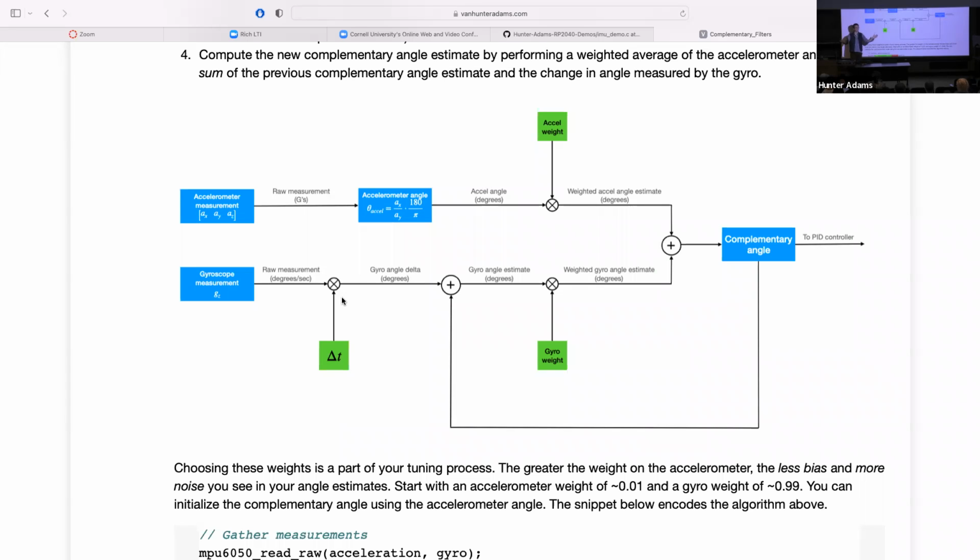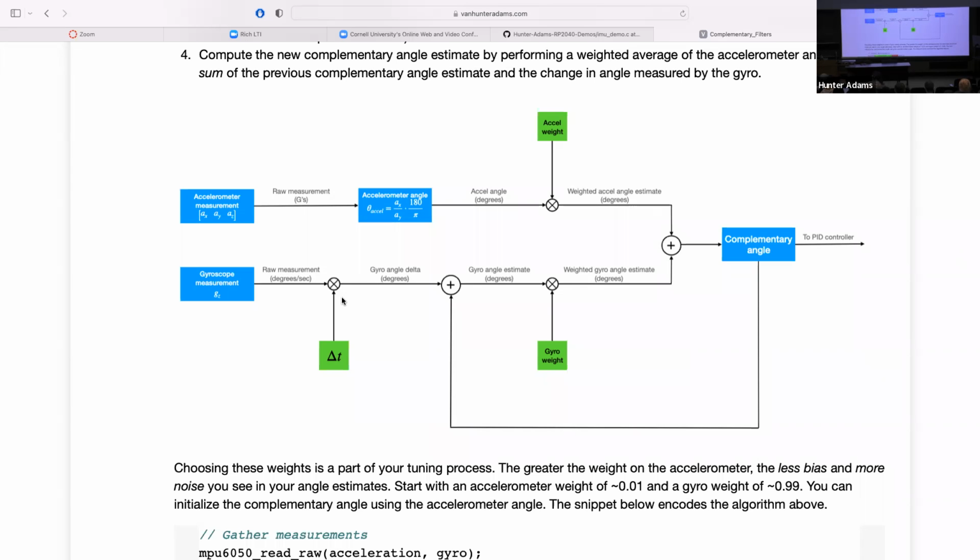That's a reasonable assumption. I'm fine with that. Alternatively, in main, before you start this whole process, you could gather a batch of measurements and initialize the complementary angle to whatever you calculate just from the accelerometer, right? Just to get yourself in the right ballpark to start, and then it'll go through and correct itself. Either would work.